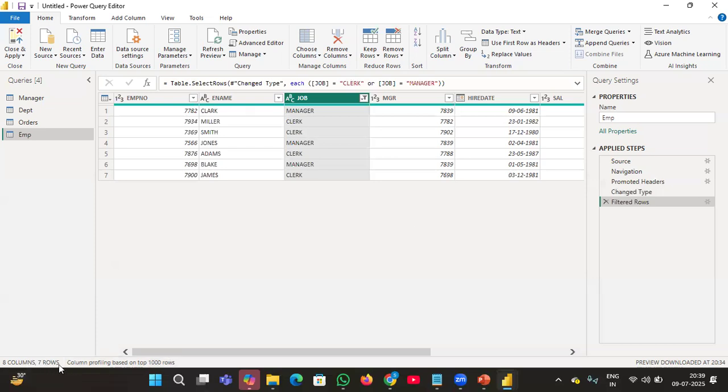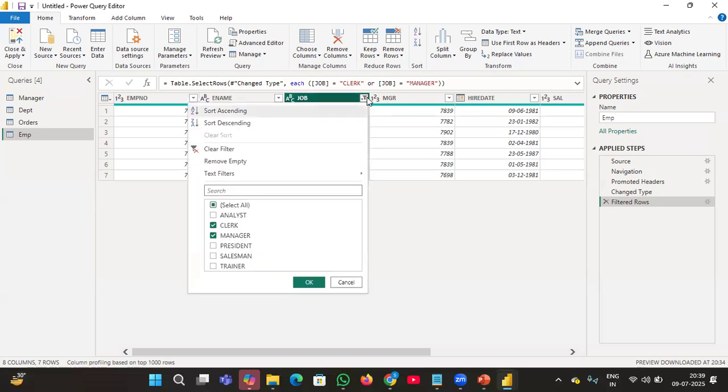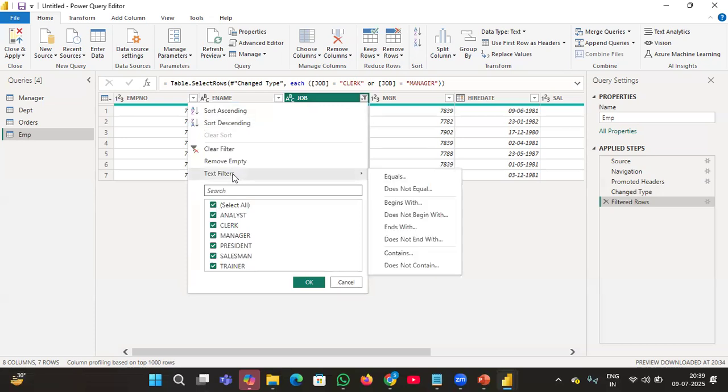Then it filters the other columns where the job contains manager and clerk. This is totally based on the equals condition. But we have the other option, the text filter, which is the advanced filtering option. What is that? It contains the equals condition